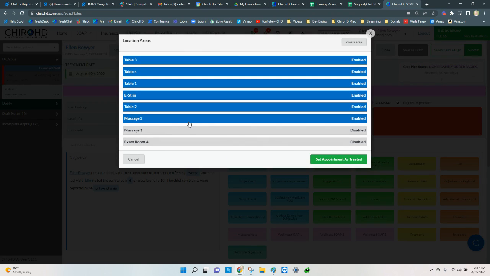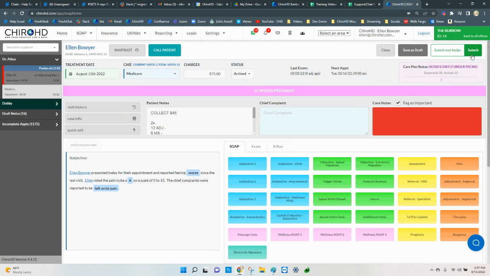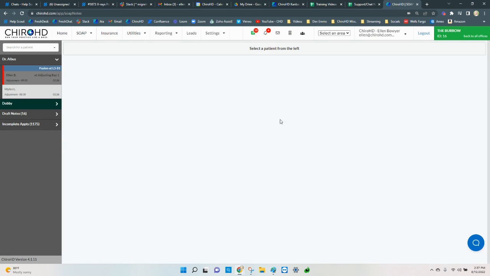Then this patient will be available to pull up on that SOAP note screen in that adjustment area so the other provider can finish the other half of the note. And then you have your normal submit button, and this will submit the SOAP note and the charges, and you'll see that